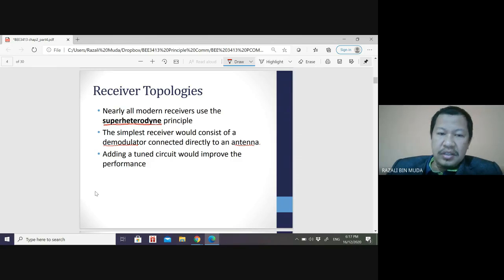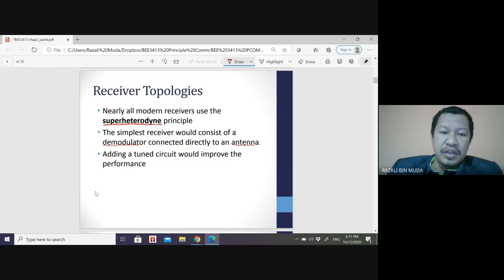This is the simplest receiver. It is not super heterodyne. Modern receivers use super heterodyne, but before that they used a simple receiver